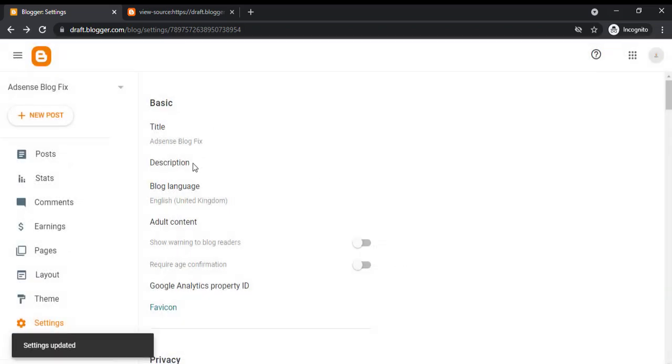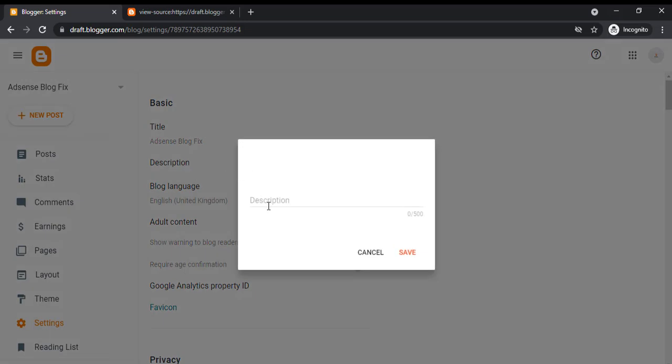After that, this description is just like a summary of what your blog is about. It tells search engines what a blog is about. It's just a summary of what the blog is all about. To put it here, you just click on description. Like this blog I created for an example is a blog about AdSense, how to get AdSense approval, how to fix AdSense errors, how to increase your earning on AdSense. So I can just come here in the description and type